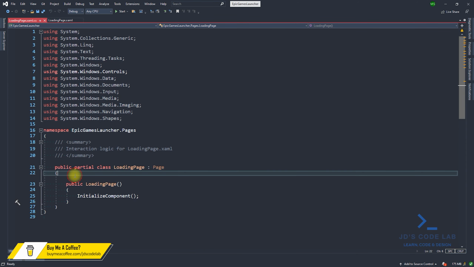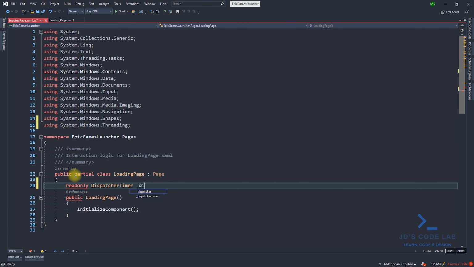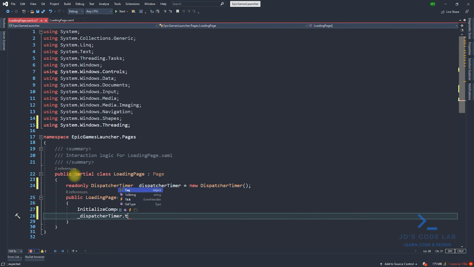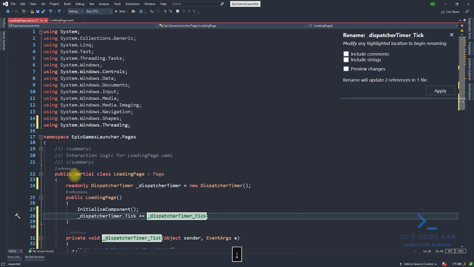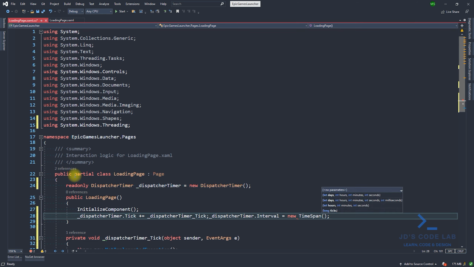Now switch to loading page.xaml.cs and add a timer to switch from loading page to sign in page. So first add a tick event for dispatcher timer, then set the interval for 5 seconds and start the timer.